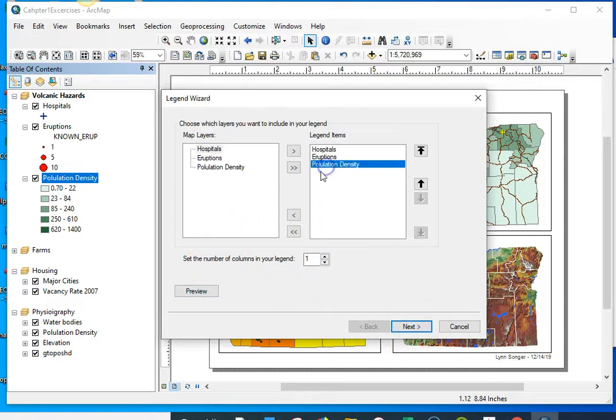So if I didn't want population density, I could send it back, but I want population density, hospitals, and I put them in, let's see, I want population at the top. No, hazards is really the big deal, right? So I'm going to put the hazards at the top, the eruptions, population density, and hospitals. Next,